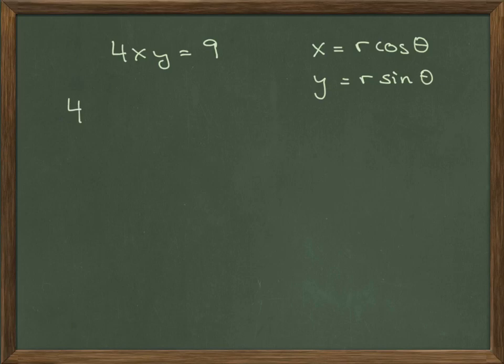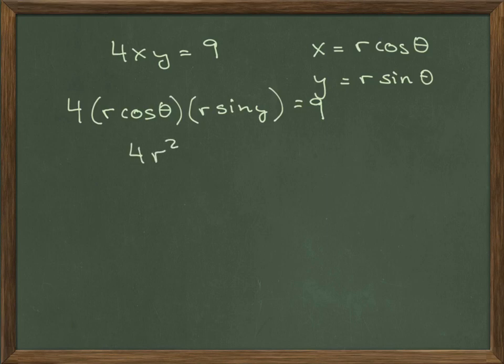4 times r cosine theta times r sine theta for y, and that is equal to 9. So if we multiply, we get 4r squared cosine theta sine theta, and that is equal to 9. Okay, now,